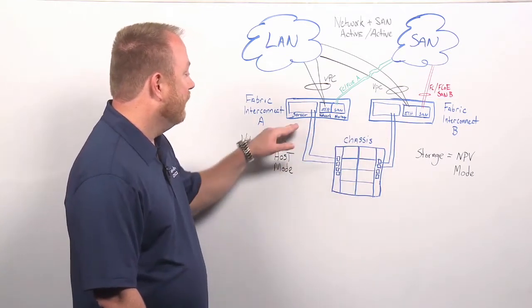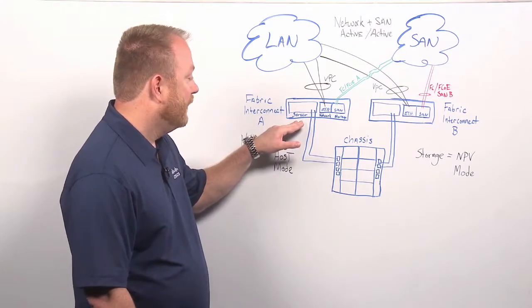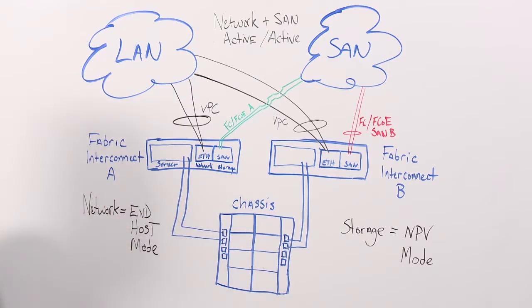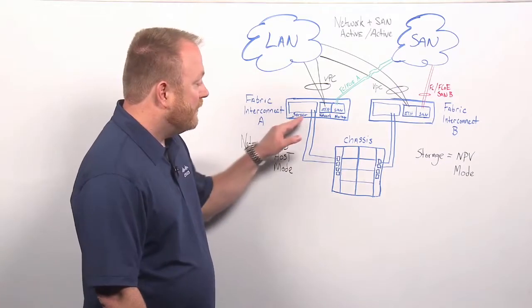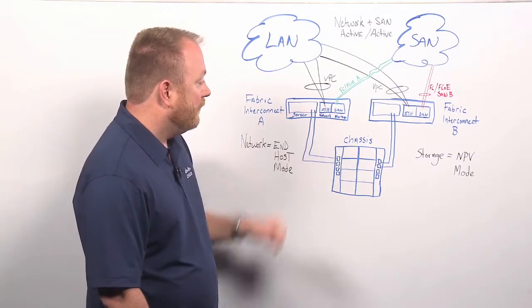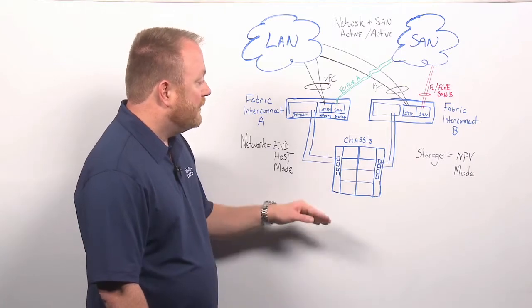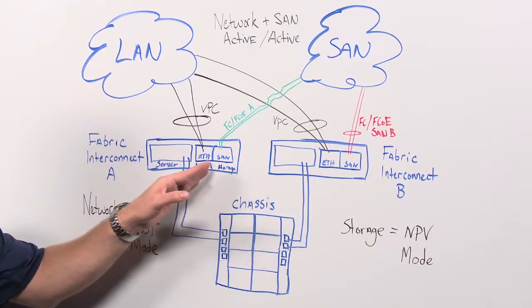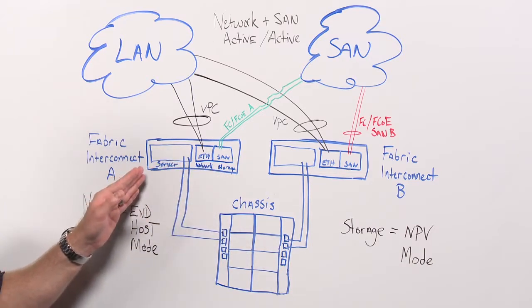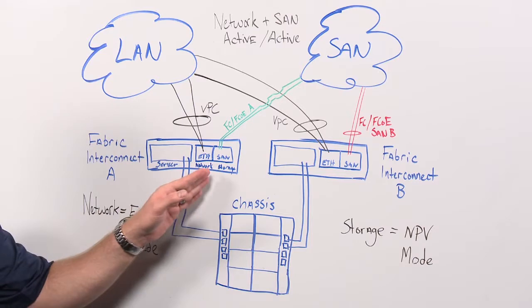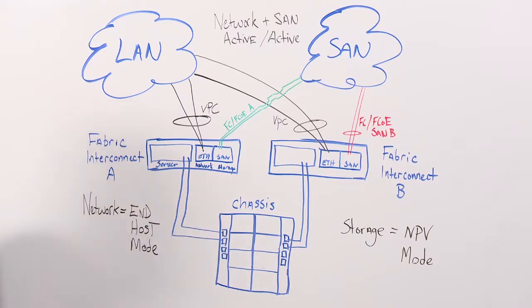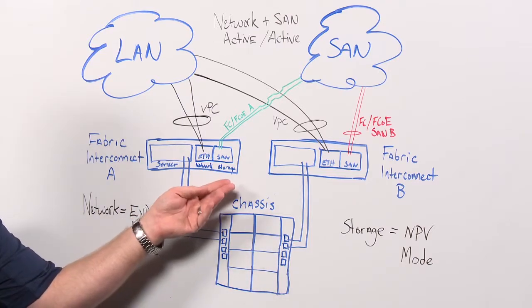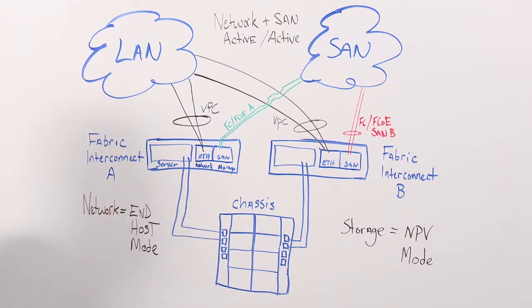The ports on the fabric interconnect can be configured in multiple ways. We have what's called unified ports, so they can become either storage ports or Ethernet ports in this configuration. Now, any of these ports can be configured as Ethernet or storage ports, but they have to be done in a contiguous manner. And the storage ports usually start from the high numbers and work down to the low numbers, and the Ethernet ports usually start from the low numbers and work up to the high numbers. There's a slider that you can use to adjust which ones are storage ports and which ones are Ethernet ports